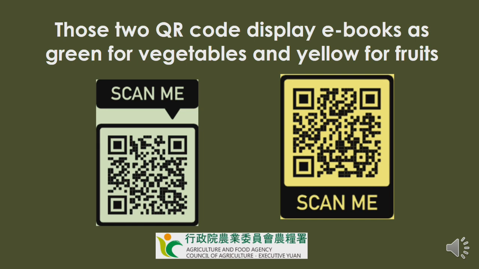I would like to share these two ebooks with you. After you scan these two QR codes that will display these two books, it's according from the Agriculture and Food Agency, Council of Agriculture, Executive Yuan. Well, the green QR code is for vegetables, and the yellow is for the fruit. And there are two ebooks. Although you cannot read Chinese, there's a lot of photos of vegetable and fruit on the top. Then you can find out what is the standard for our government